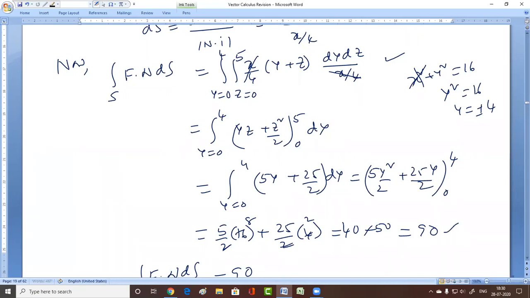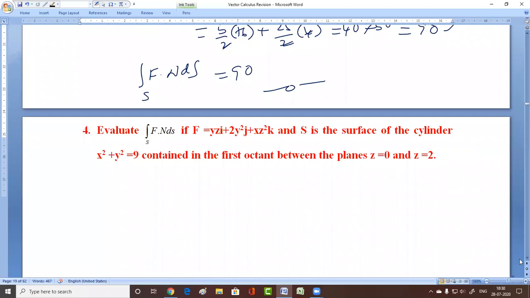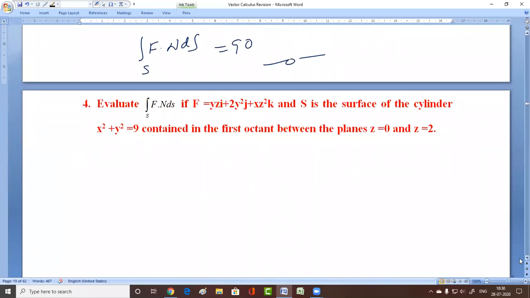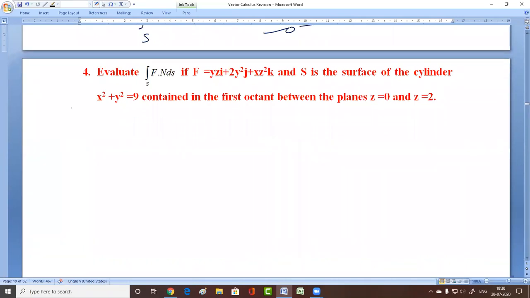Now coming to the next question. Similar question. Now try it, take it as homework. There is not much difference between the previous problem and this problem. This is homework for you. Just copy this question. Evaluate integral f dot n ds where f equals yz i plus 2y square j plus xz square k, and S is the surface of the cylinder